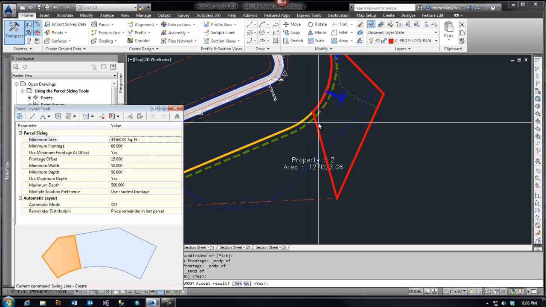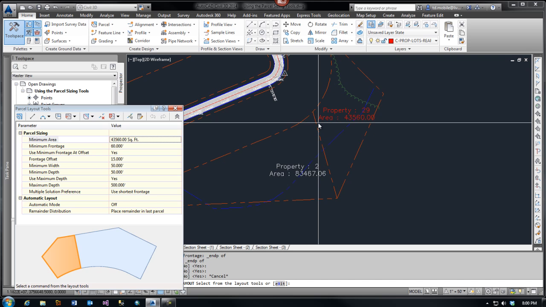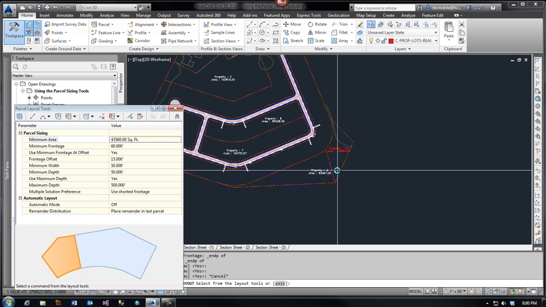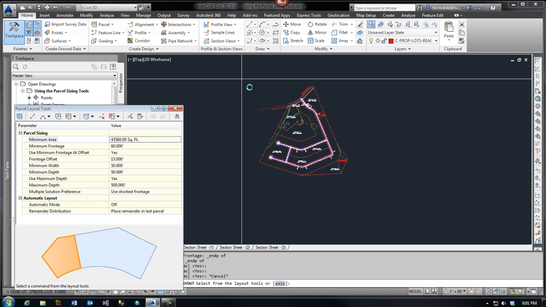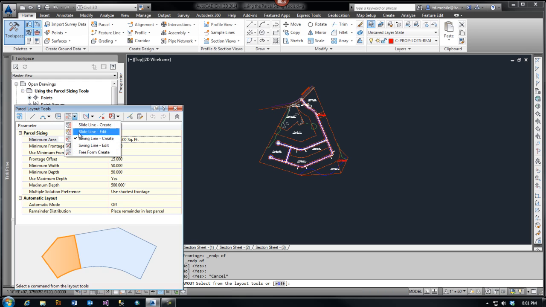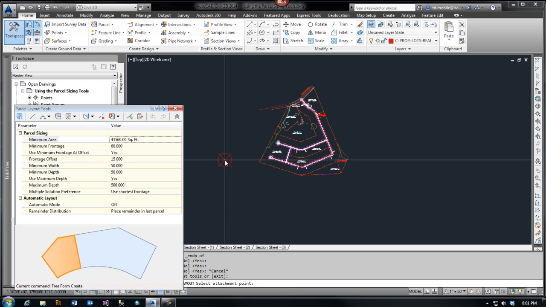I want to accept this configuration, so I'm going to hit enter, and I want to hit escape because I don't want to create any more parcels using that tool. So now we want to change to a different tool, and this time we want to use the free form. So moving back over here to the parcel layout tools, if I click my down arrow and hit free form create,